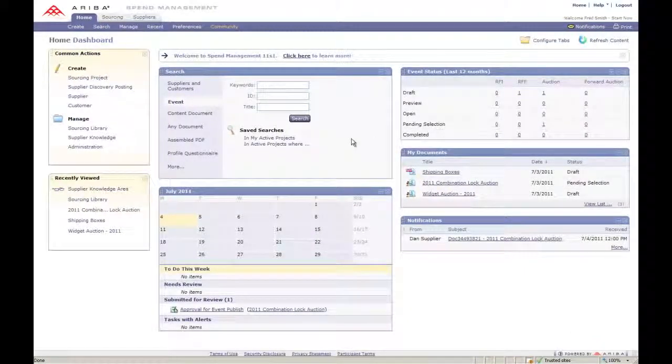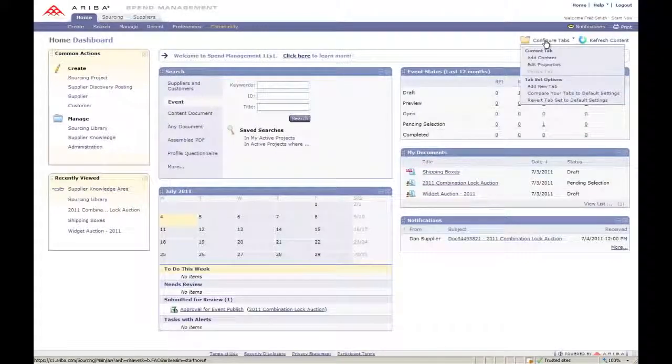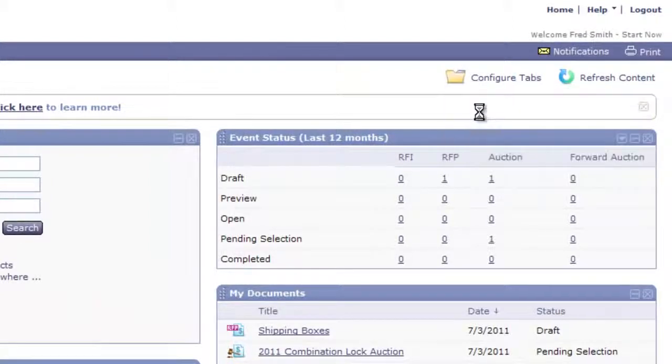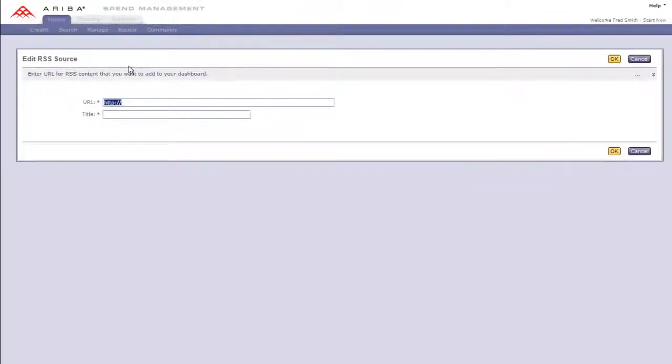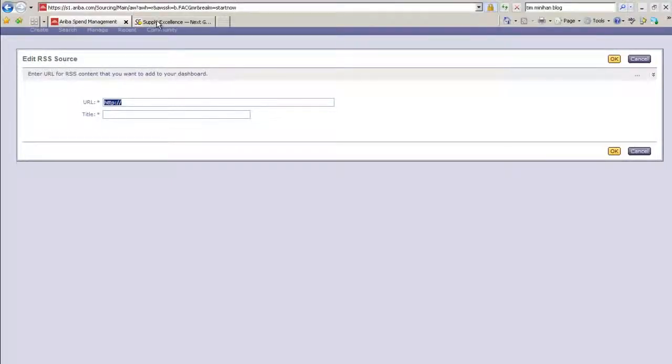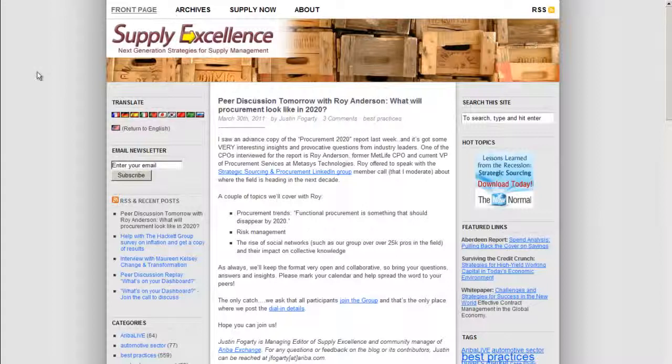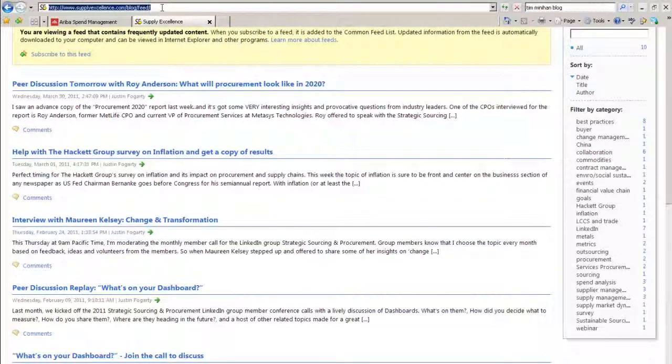Okay. Now you also have the ability to configure tabs, and in this case I'm going to add some additional information to my dashboard. When I click Add Content, this is where it tells I can add different bits of information to the dashboard. What I'm going to show you is this RSS feed. This is where you can add access to general news or information. So what I'm going to do is I'm going to go to a blog that's out on the internet, Supply Excellence, and I am going to click on this RSS feed link, and it's going to give me the actual address